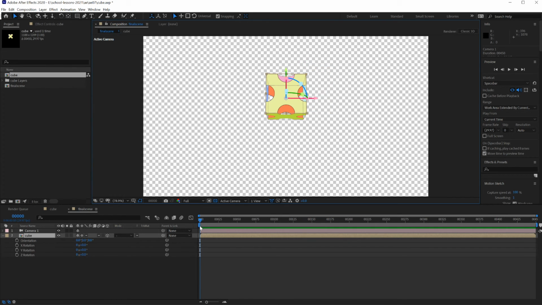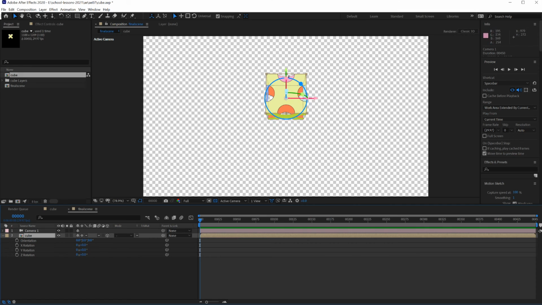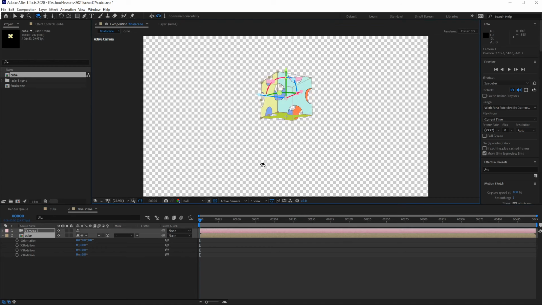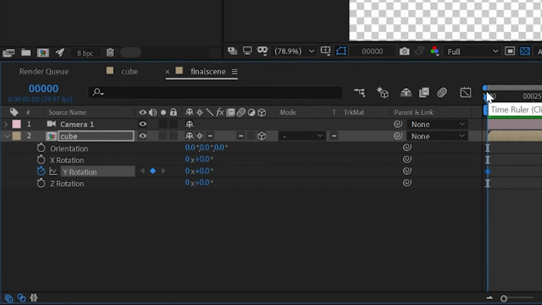I want to rotate this cube and create a little animation of that rotation. My choices are to use orientation or rotate around the X, Y, and Z. Since I took the time to set up the pivot point to be in the center, I'm going to rotate around the Y-axis. Do that, open up rotation, just pressing the R key at frame 0, clicking on the Y rotation,